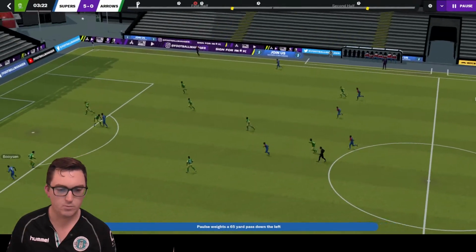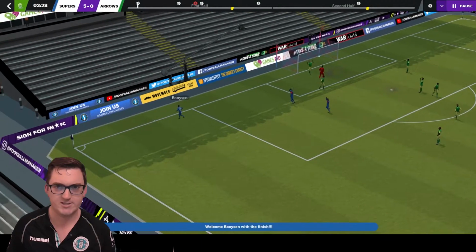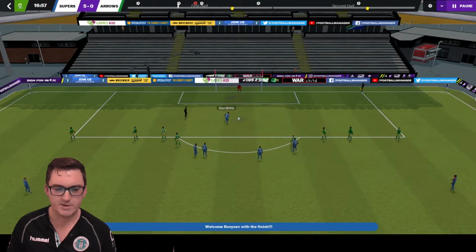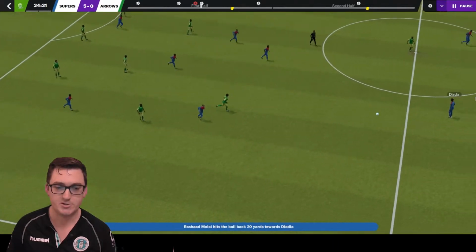4 minutes in, a long ball up from Pulsa. No idea where the goalkeeper's going there, but luckily Welcome Boyson is able to put that in the back of the net for us. Bit of a gift then. They gave us another gift, the penalty which Gordinho tucked away in the 17th minute, so we were 2-0 up